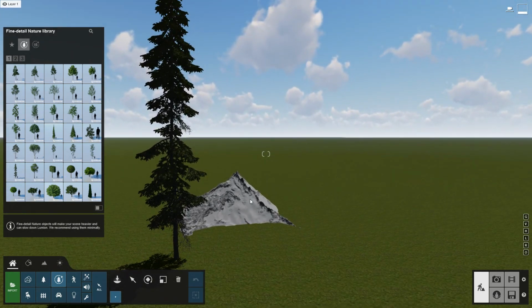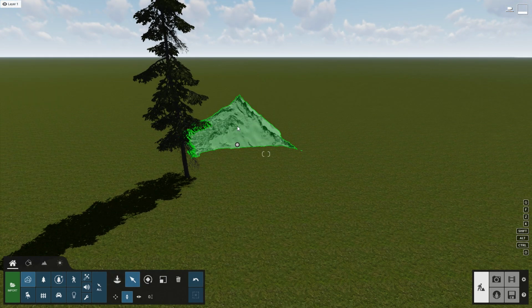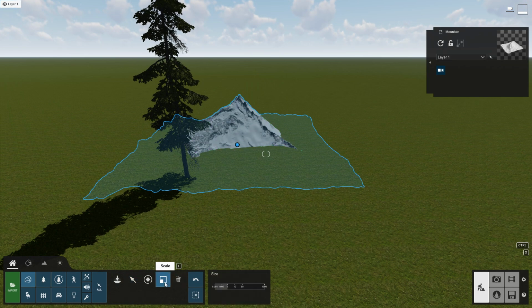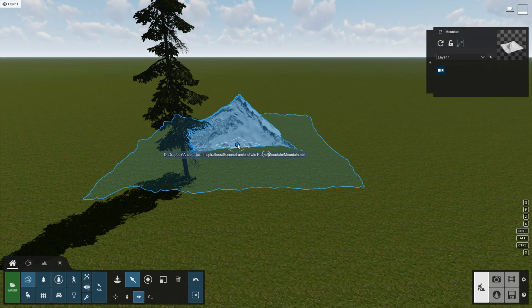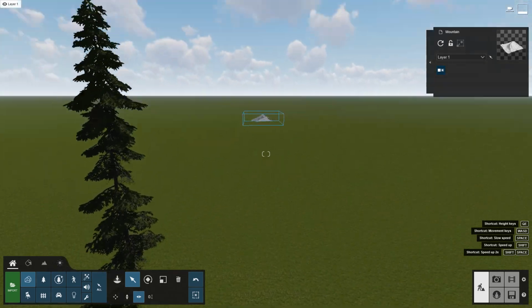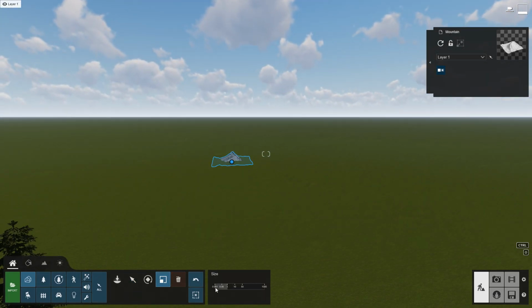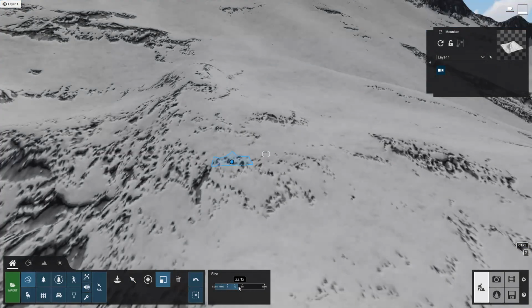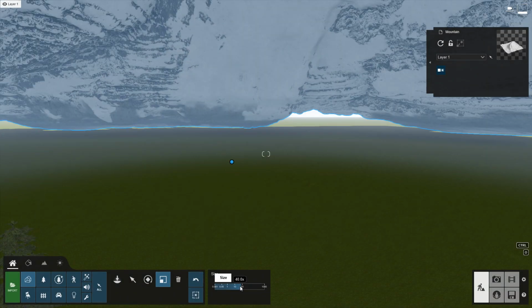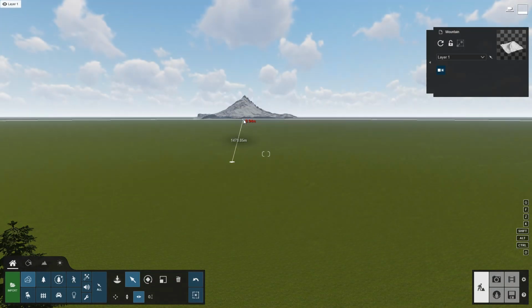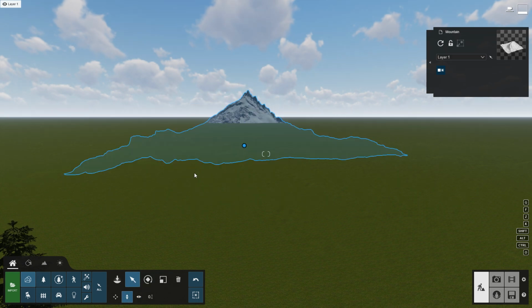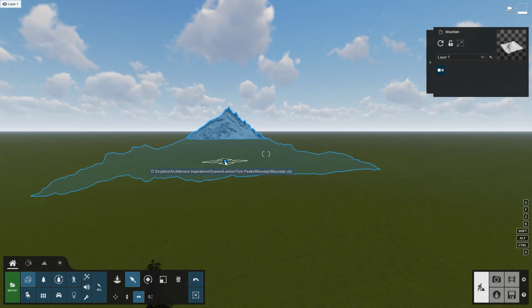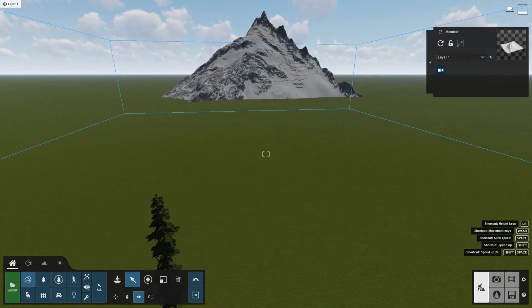Well, now we can see that the mountain is a bit too small compared to the tree, so let's go down here and make it bigger. Oh, that's way too big. I'll tell you what, let's move it further away so it doesn't block our view. Now we can go back down here and make the mountain bigger. Then maybe we can move it further away again. And we can move it down. And maybe move it closer now. I can't make up my mind, but that's okay.